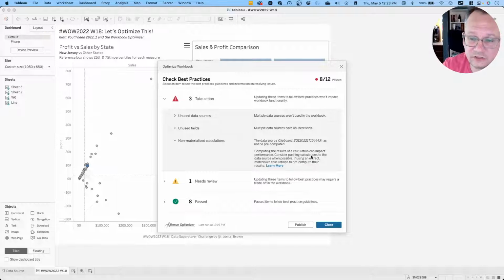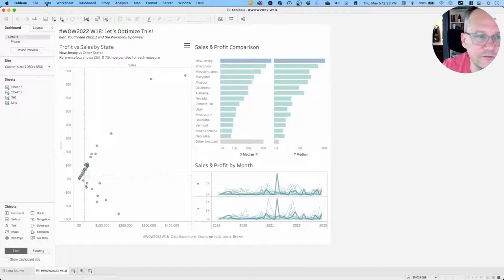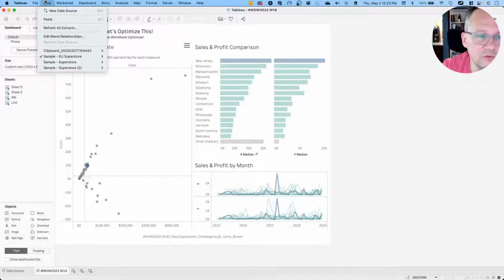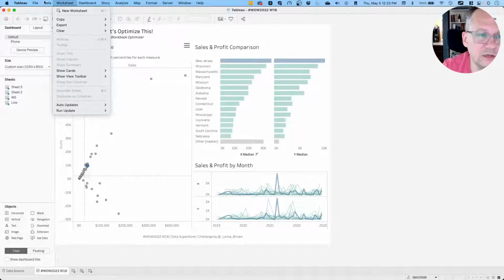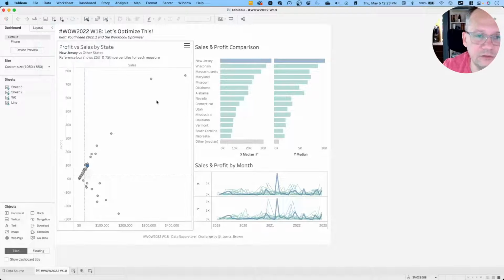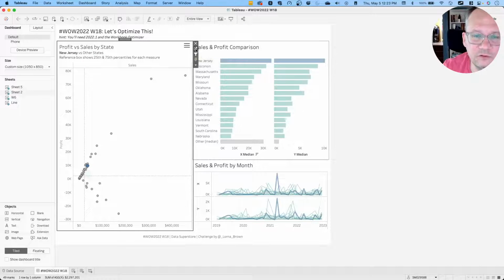And then it also says here, if you're using an extract, materialize your calculations to pre-compute their results. And we'll talk about what that means. So let's go take care of some stuff. All right, so the first thing we need to do, let's go into a worksheet,